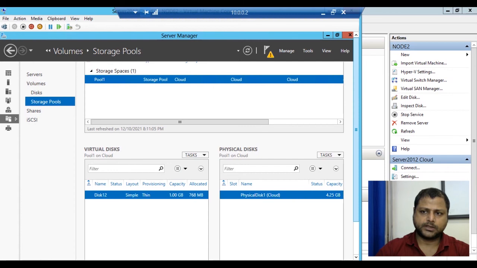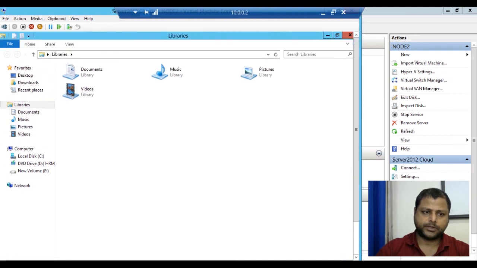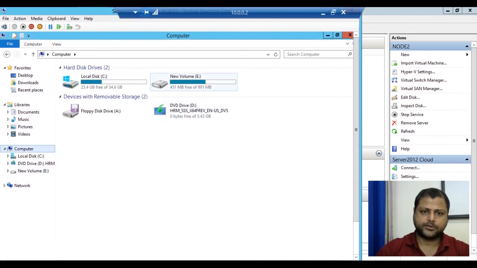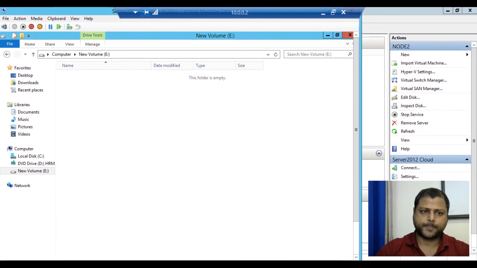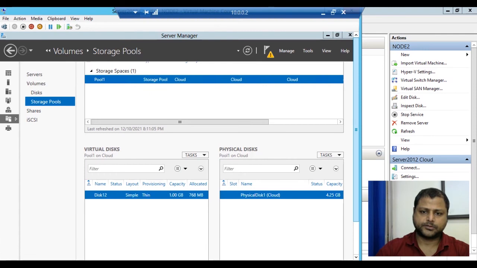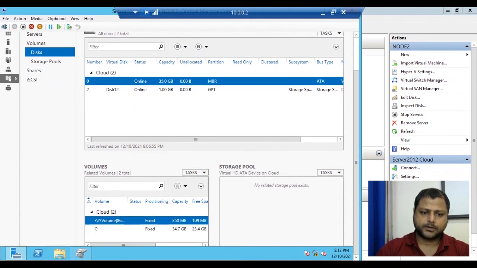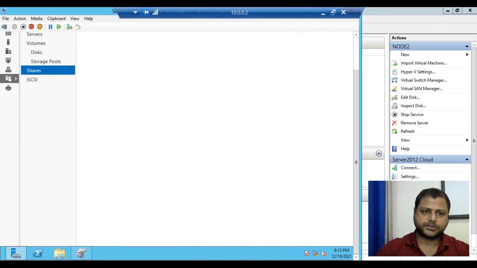And if I want to check in the drive also, we can check it in the drive. We'll go to the system, where we can look at the E drive, and here you can see that the E drive has popped up over here. It has been mounted, the E drive has been mounted over here, and it is displayed for the system. So we have already implemented that 1 GB within the 4 GB of storage. And if we go to the disk, here we can see that with the disk availability we can do the sharing.